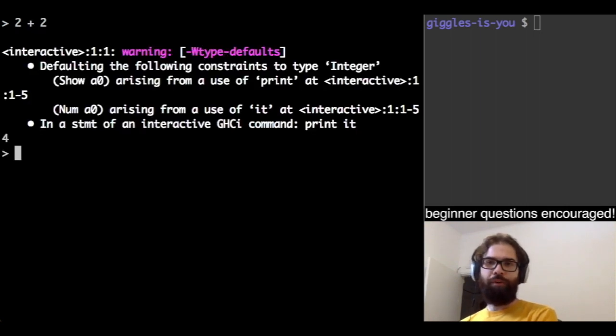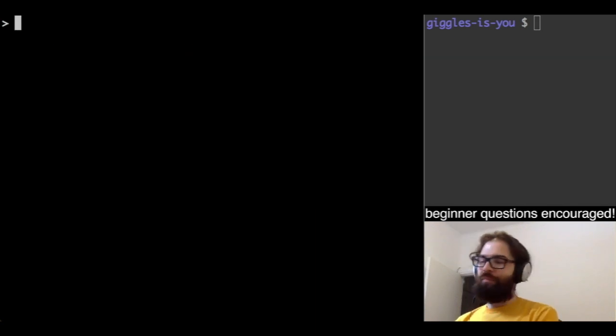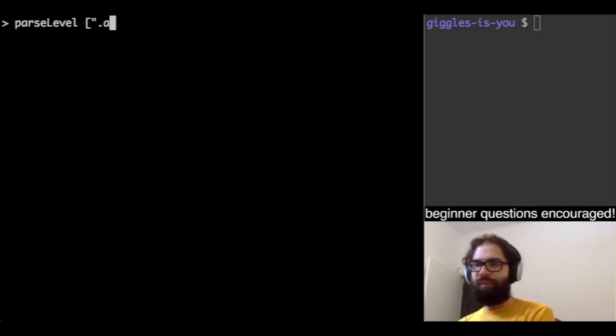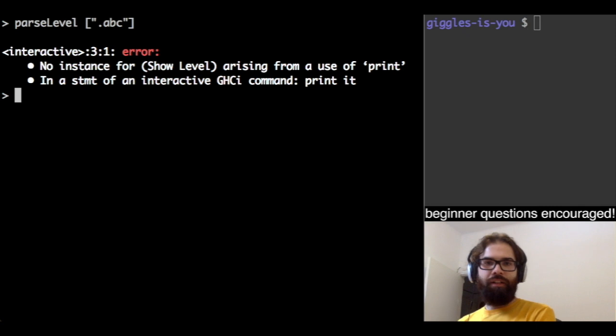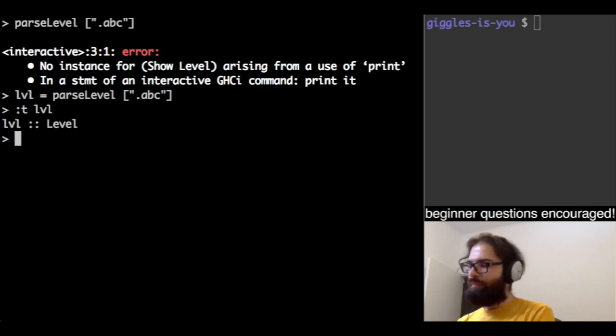Okay, so now I'm in the REPL, I can run a variety of functions. 2 + 2 is 4. Just 2 + 2 :: Int is 4. 2 + 2 without a type signature is a warning, and 4 apparently. But I can also run any functions from the game. I've done that in previous episodes in order to debug. So for example, parse level of ABC. It doesn't have a Show instance, but I can put it in a variable, ask for its type, and use my print level function